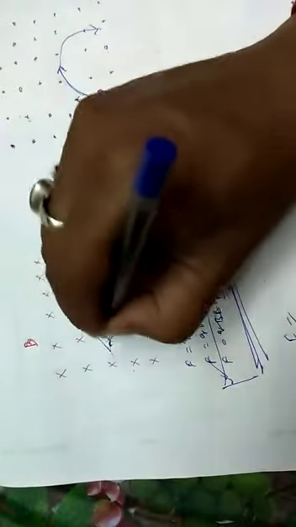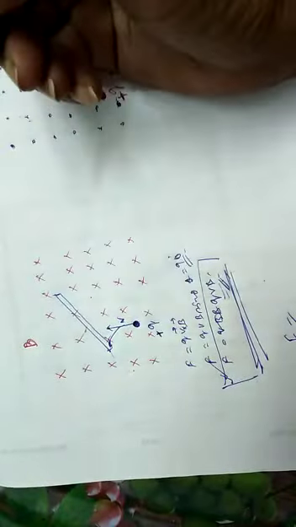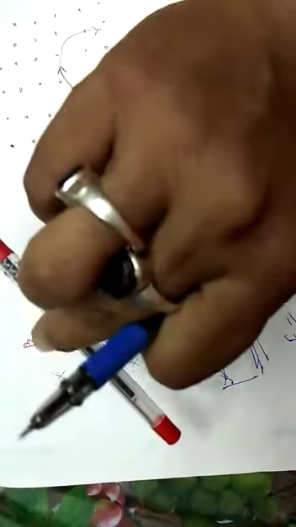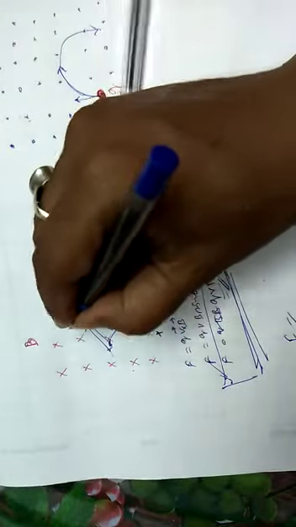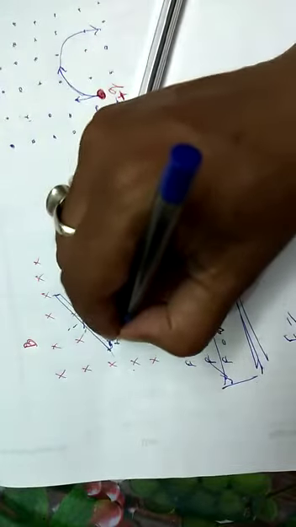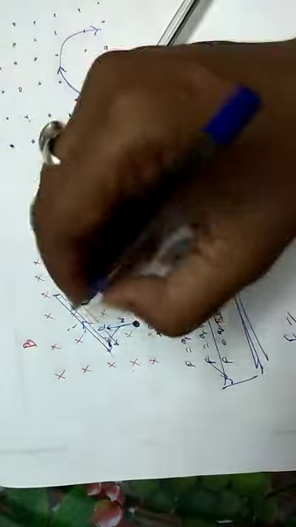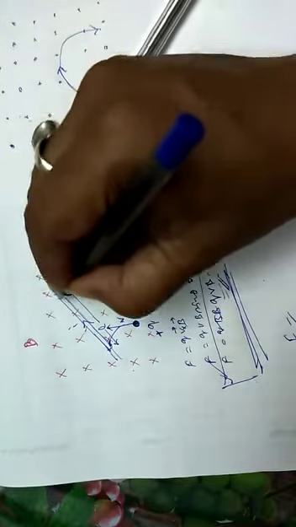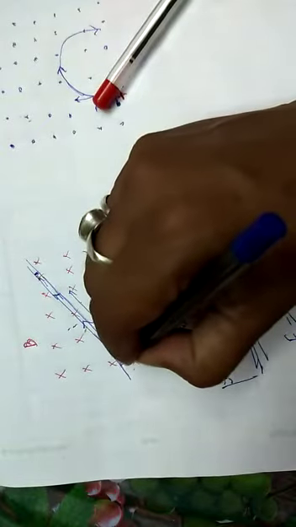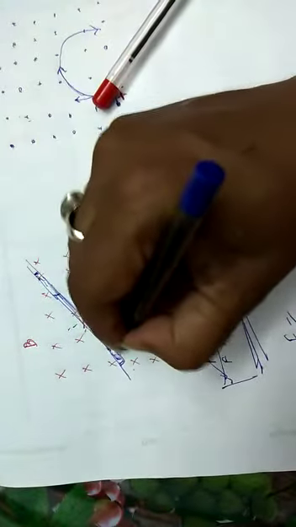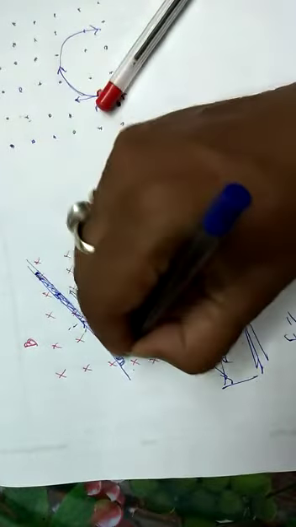If L be the length of the conductor, and if this length is perpendicular to this magnetic field, then the force acting on this current carrying wire, let I be the current, and L be the length of the conductor, and current I is flowing in it. Or you can say it's an extended wire, and only this much length is inside the magnetic field, not the whole length.